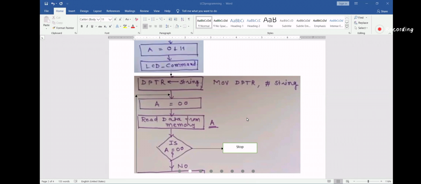Then only it will read the value of DPTR. So that's why I am writing A equal to 00H.